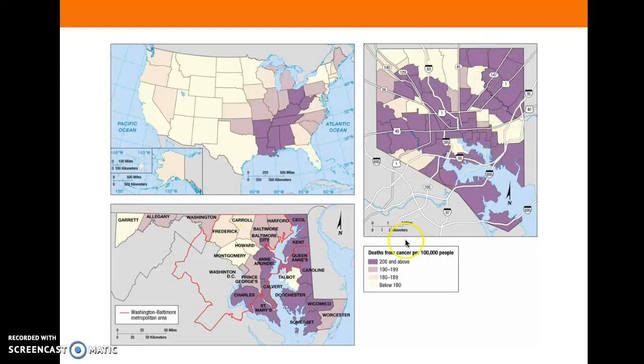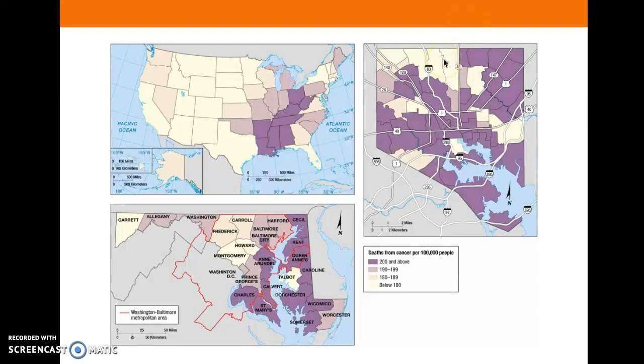Are there areas in Baltimore that have those high rates of cancer from industrial causes? Rates of cancer of 200 per every 100,000 or more. Yes, there are areas of Baltimore that clearly have high rates of cancer, and there are areas of Baltimore that don't. So this looks like Baltimore is in the clear, just like Maryland looked like it was in the clear, but it's not. And you could make that same prediction that these areas with low rates of cancer are people who could afford to not live near industrial sites. If you can afford to not live downstream from a factory, you do that.